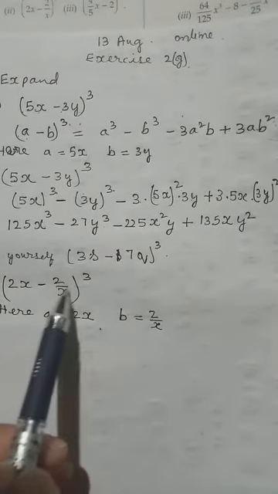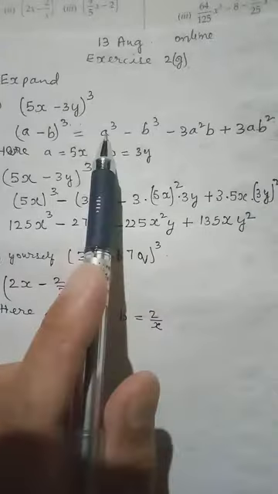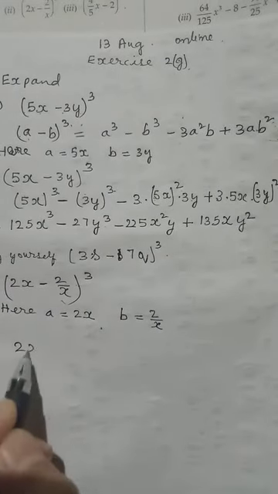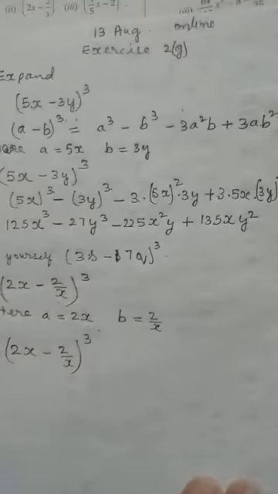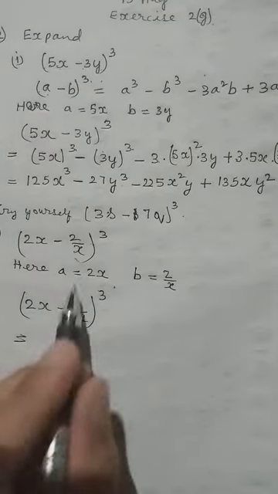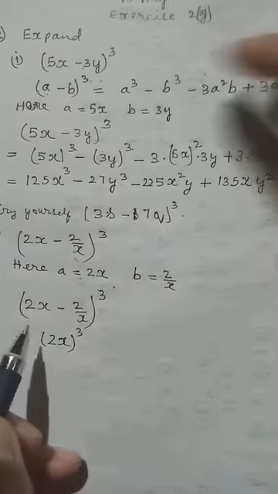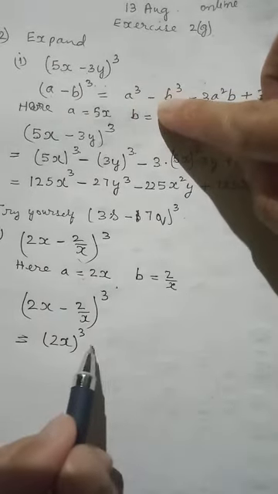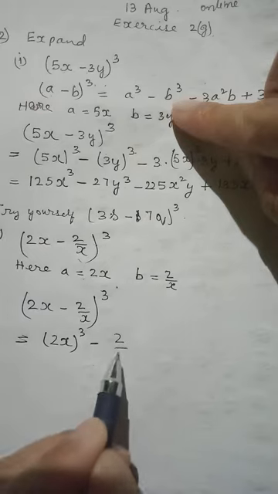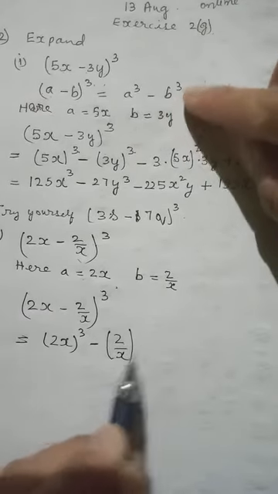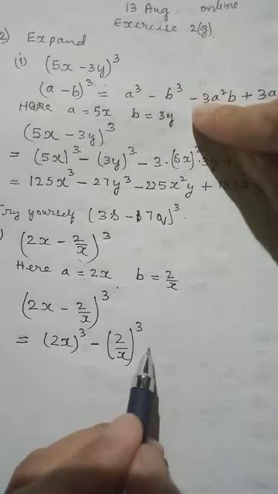They say expand. So you see, this one is in this form, so now the answer we have to write in this form. So it will come a cube, but our a here is 2x. From where do I get cube? We get it from the formula here. What sign next? Minus. Then we have b. In place of b, what do we have to replace? 2 by x whole to the power 3. From where do I get 3? Check from the formula here. Then what sign? Minus.